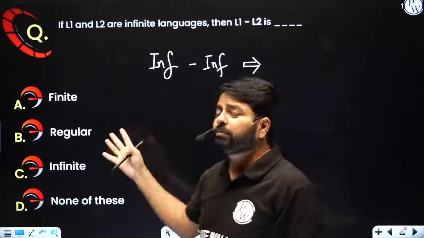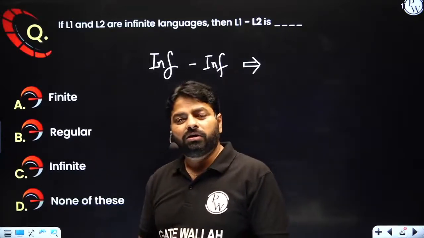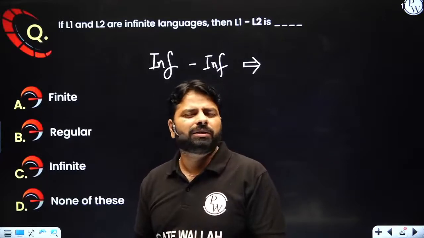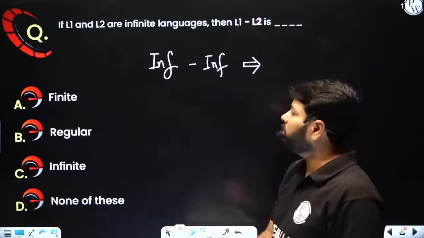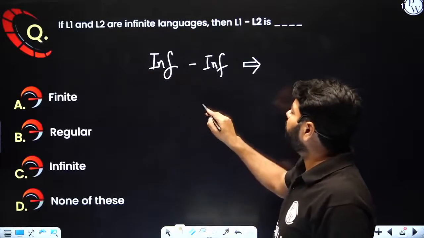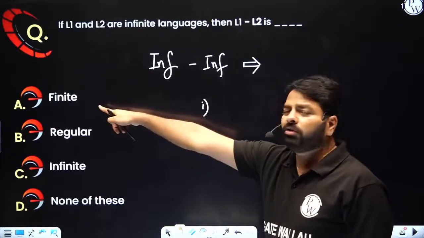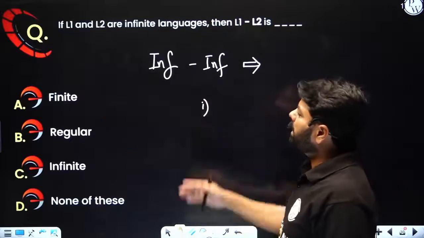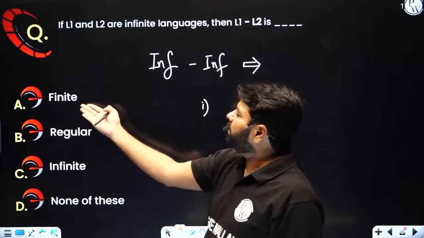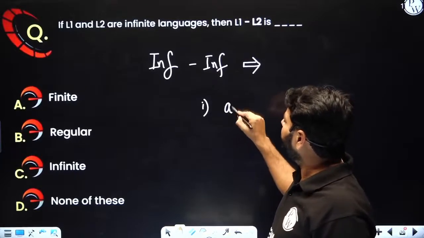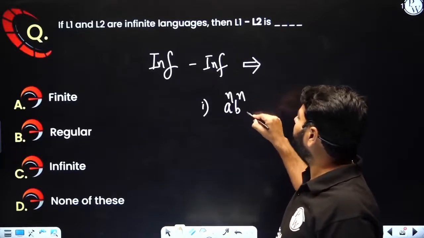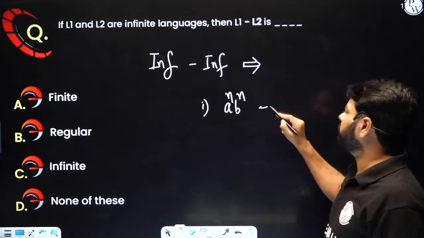Is it possible to be regular? Possible. Is it possible to be non-regular? That means everything is possible here, but not always. So I'm just trying to prove it. First, I'm trying to produce a counterexample where the result is infinite. Suppose I have a^n b^n, and I'm trying to delete, minus,